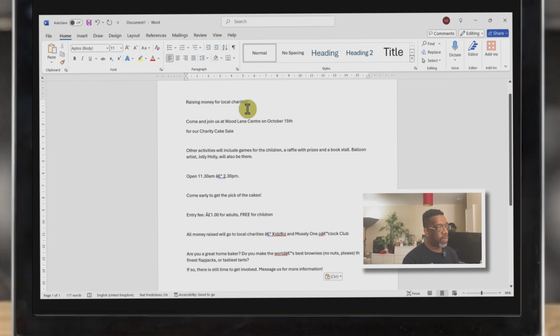So raising money for local charities, I'm not sure if that really is a good heading. What do you think? No, it's not. So let's look for what a good heading would be. So here it says your charity cake sale. Charity cake sale sounds like a good heading to me. So I'm going to highlight charity cake sale,